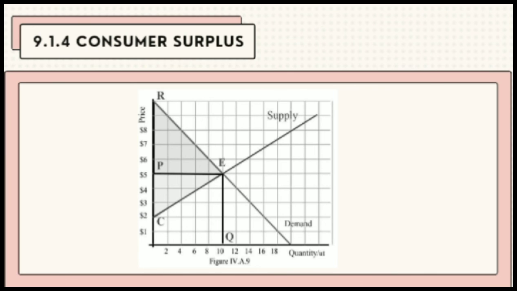If the market price were $5, note that the sellers are willing to produce and offer for sale the first 10 units at all costs less than $5. This is called producer surplus. Yun po yung letter P. It is area CEP in blue. The sum of consumer surplus and producer surplus is a measure of social welfare. The market has maximized the well-being of both consumers and producers.